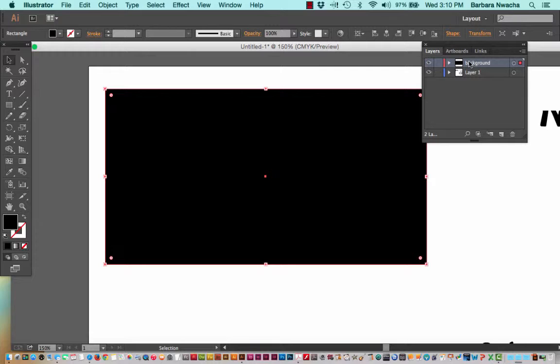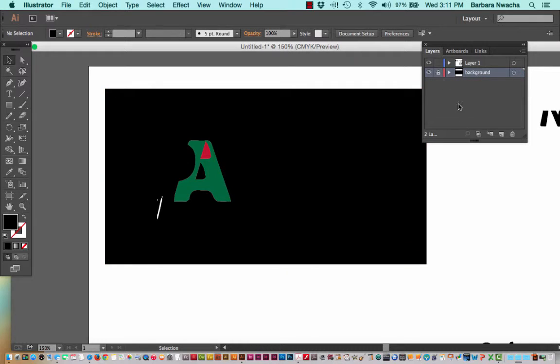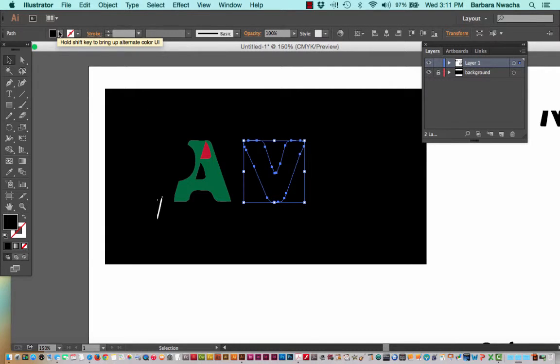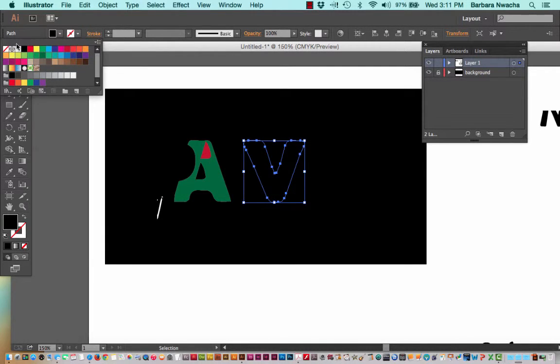In this case, I'm going to click and hold this layer down, so that's the layer I have selected. I'm going to drag it down underneath the other layer so that they change positions. So what I have now is this background layer in the background, and I can lock it so I don't accidentally click things on and off, and go back into this layer and then maybe make my letter forms white or